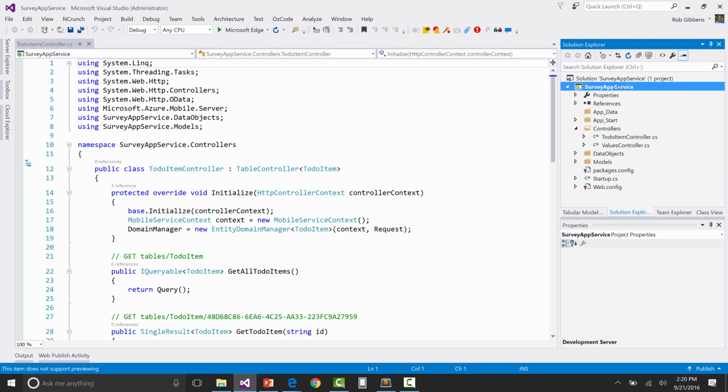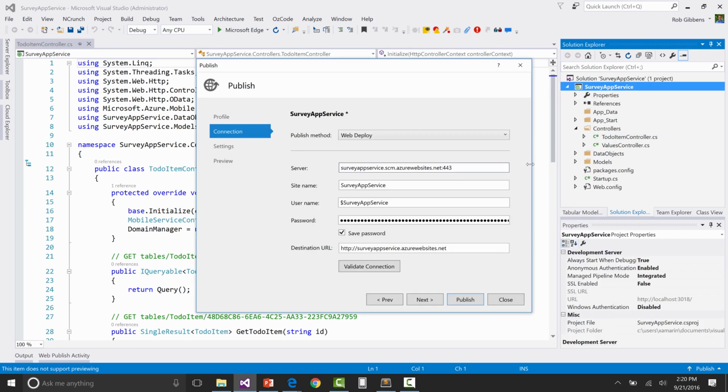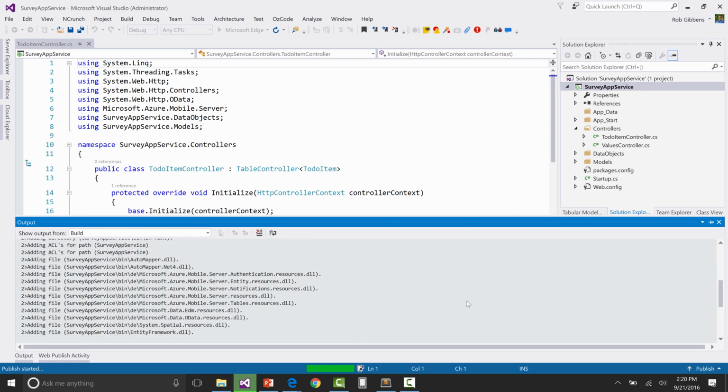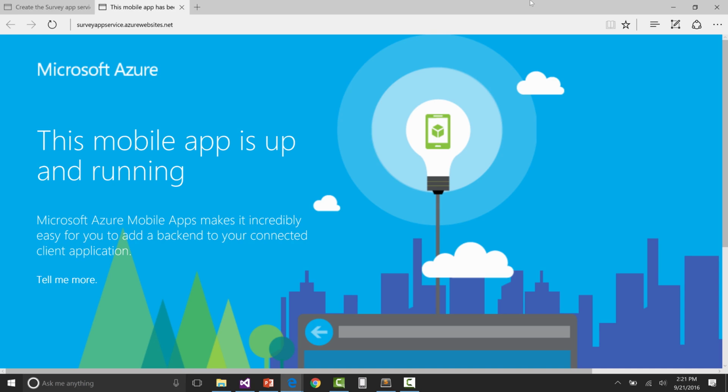So we can simply just right-click on the project and choose Publish. We're going to use Web Deploy, and here you can see that all the information is already filled out. We are deploying this to my Survey App Service on Azure. And let's go ahead and click Publish. And here in the output, you can see our web app was published successfully to surveyappservice.azurewebsites.net. And just like the Node.js version, we create this placeholder page to show us that our app was created